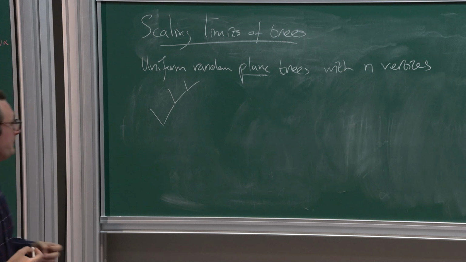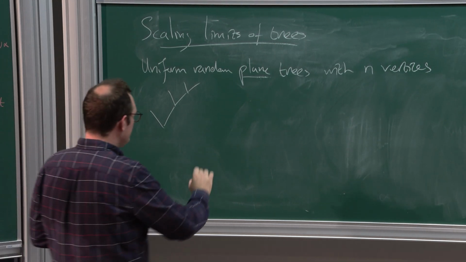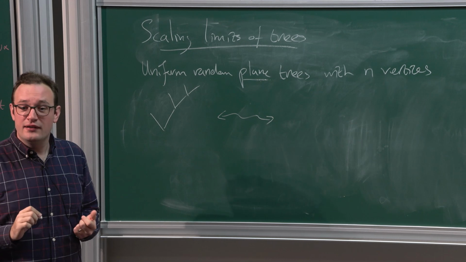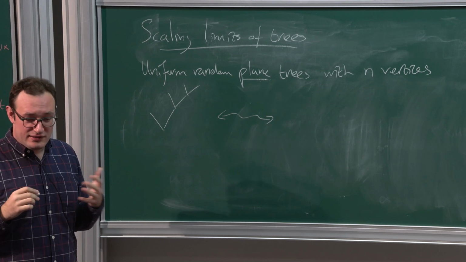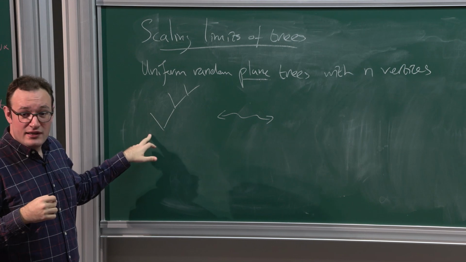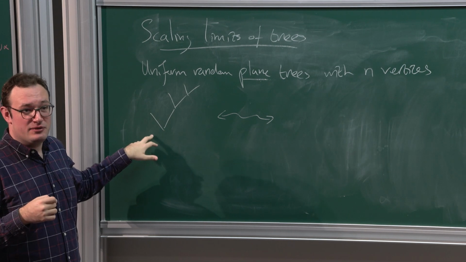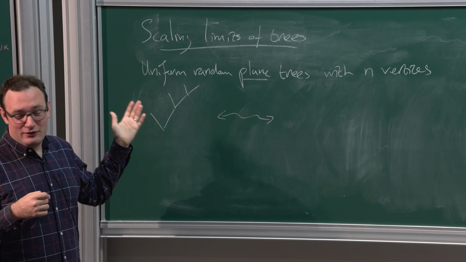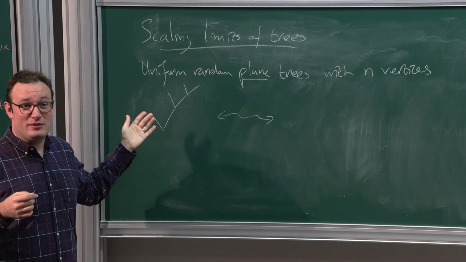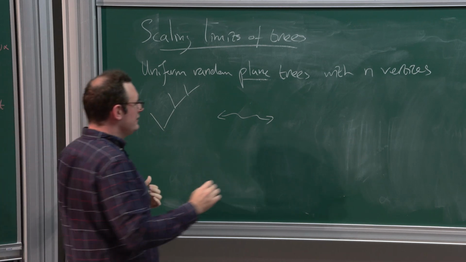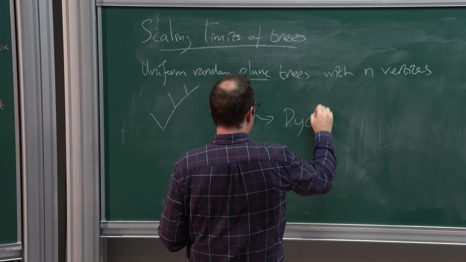Okay, so here we would distinguish this from the tree where this vertex was to the right of this one. Okay. Now, the starting point of this theory is to notice that there's a classical bijection between these trees. So these trees are one of the many things counted by the Catalan numbers. Okay, and there are bijections with the other objects counted by the Catalan numbers, but the ones that we'll use are what are called Dyck paths.